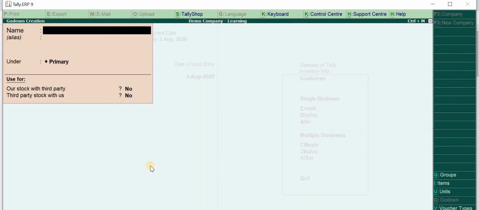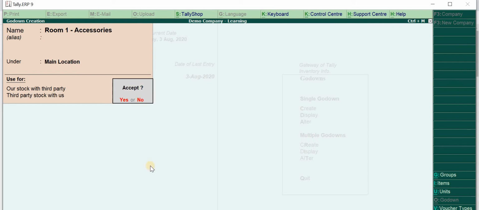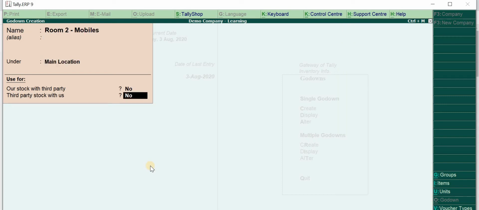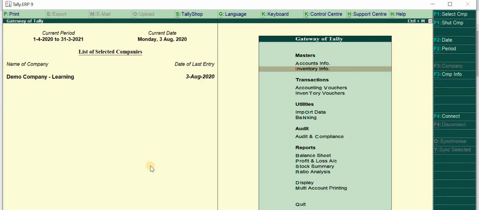As I said, one would be room 1, which is accessories. Press enter, it will be under main location, and then I will create room 2, which is mobiles. It will also be under main location. It's done. Now that we have created the godowns, let us see if the godowns have been